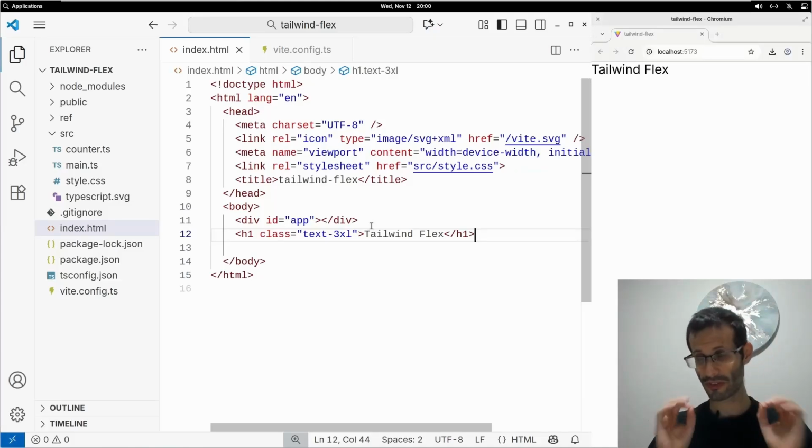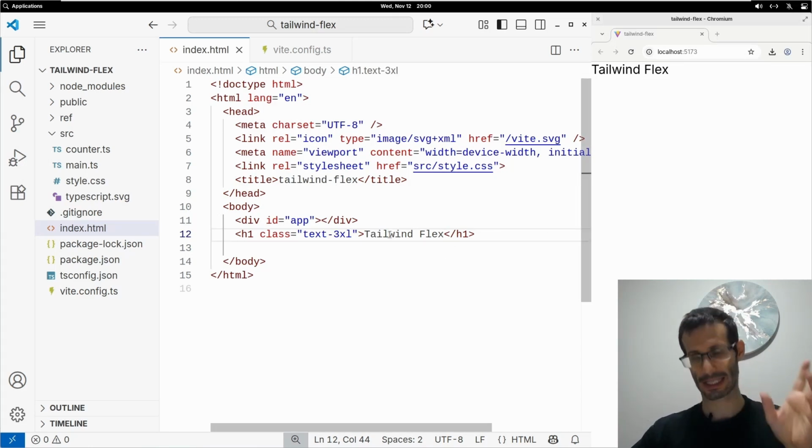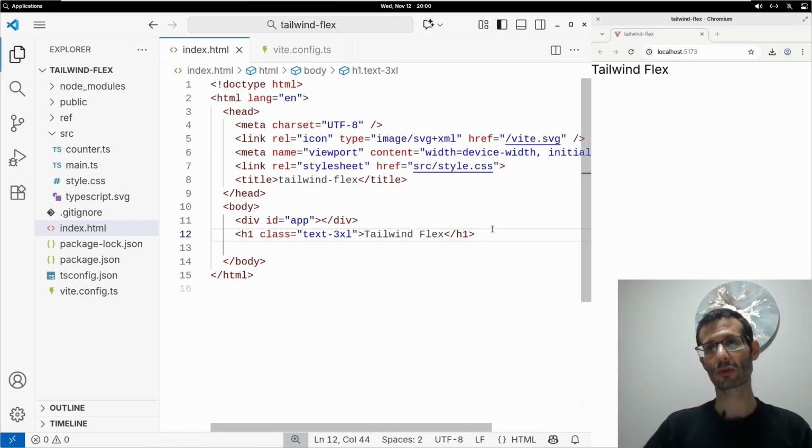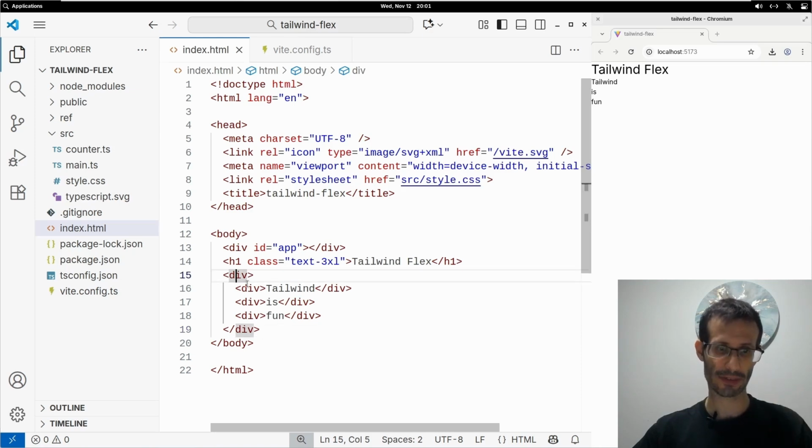Let's see how to use Flex in Tailwind CSS. So at the moment I have basically an empty page and I already have Tailwind CSS installed. And the first thing I want to do is to create here a div with 3 elements. And here it is, here is the div, and it contains 3 other divs, and each of these divs contain